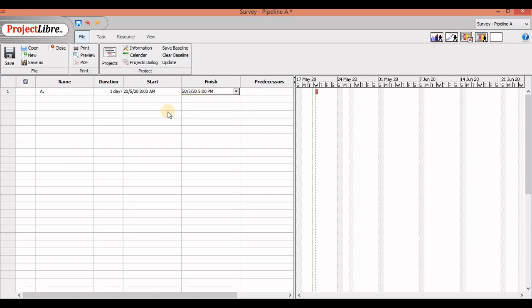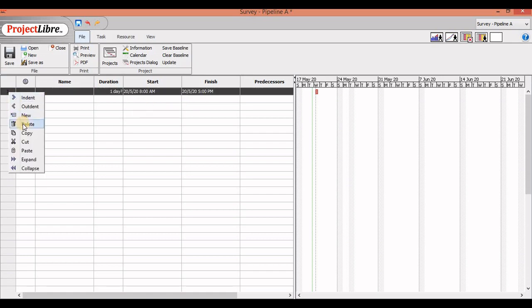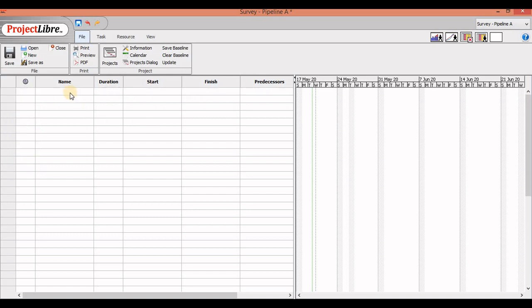So first thing, update your calendar. And we'll delete all this again. So now let's start with our actual schedule. The first thing that I do is I write my project name here. Now my project name is survey